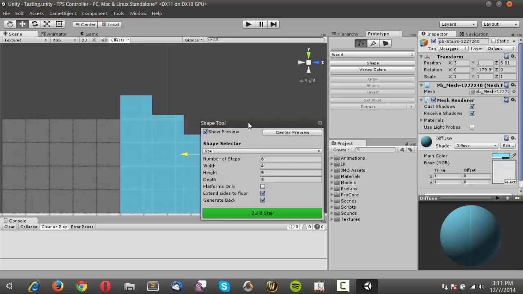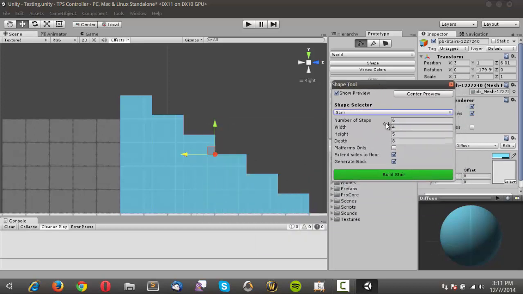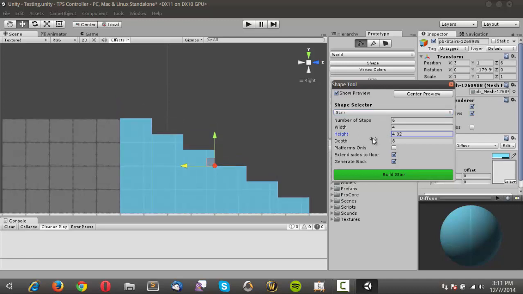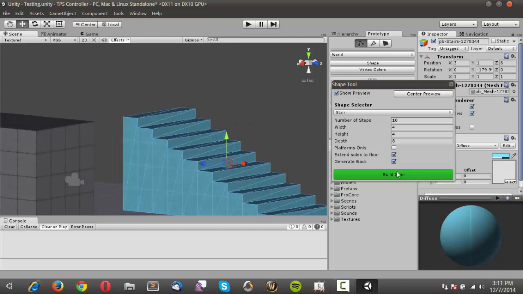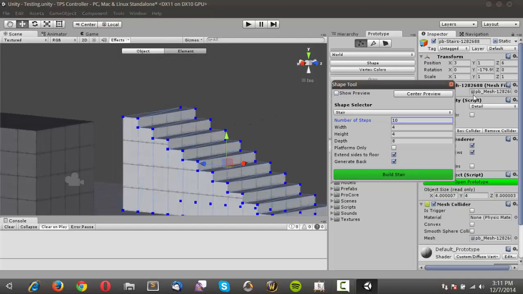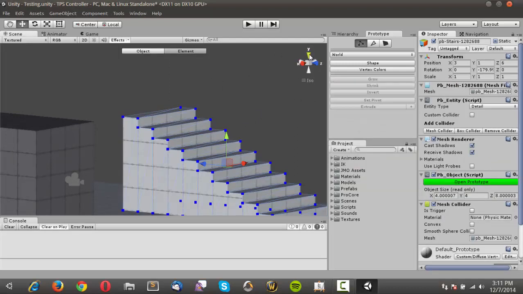And I want to change, I'll move this over here. I will change the height, just move this down probably to about a 4, and just make it flush with our platform. And the number of steps, I'll probably want to increase this to about 10, and that looks about right. So I'll go ahead and build the stairs, and I'll get rid of that and come back into the top